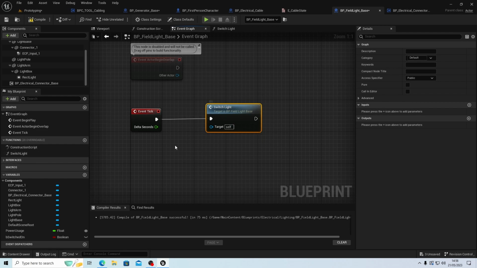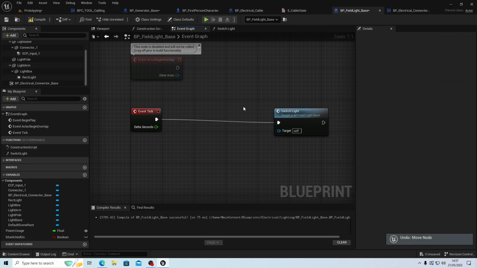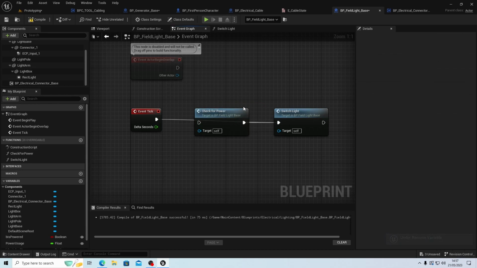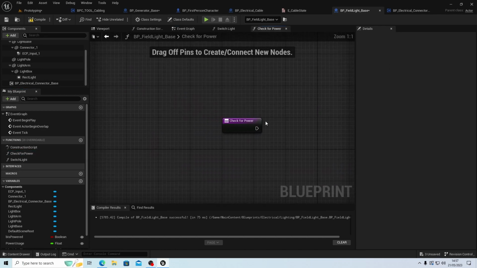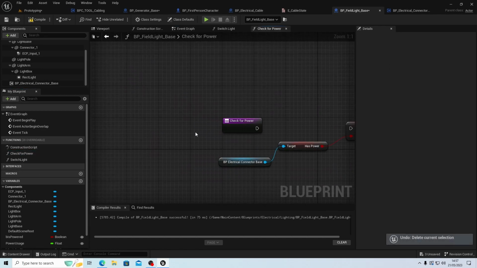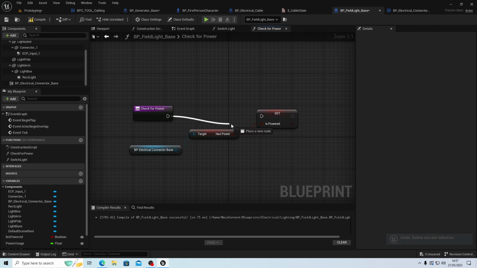Oh, I think I realised why I can't set that variable there. Okay, let's undo that. Please do not delete it. So don't do what I just did. Check for power and Control Z on that one as well. All right, let's connect that back up. We're now using has power. So now we're from there, got a little bit muddled up there. So from there,